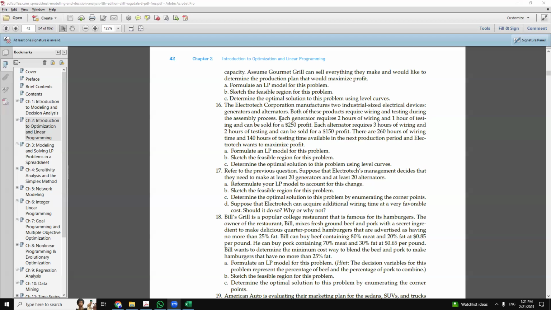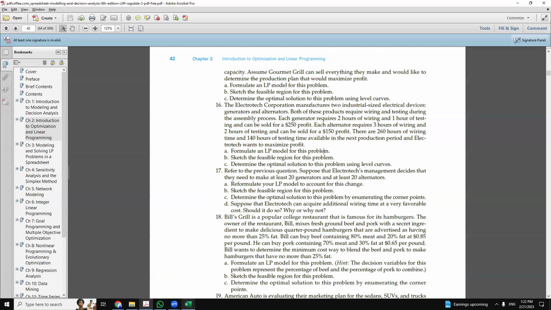So in this question, they have divided this question into three parts. First one is the LP formulation model of this problem, and then the sketch of the feasible region, then determine the optimal solution. And in this paragraph, they have provided all the constraints over here, and then they have to maximize the profit. So I have solved all the three parts of this question using Excel graphs, and